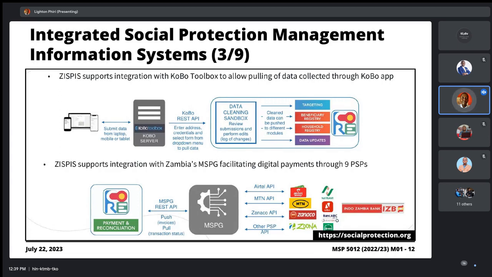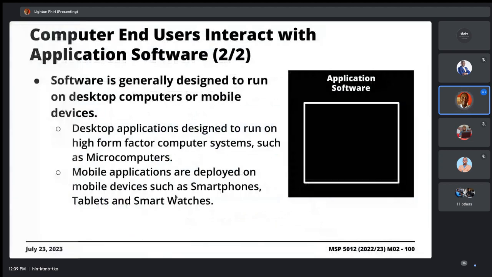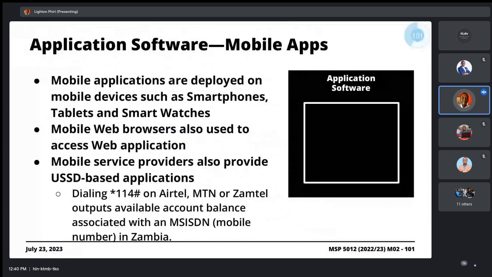So if they have a feature phone, the only thing they can do is use the phone app to type in star, I don't know if it's 112 or something, hash, and then they're able to interact with this ZSPIS application. All of those things are examples of mobile applications.